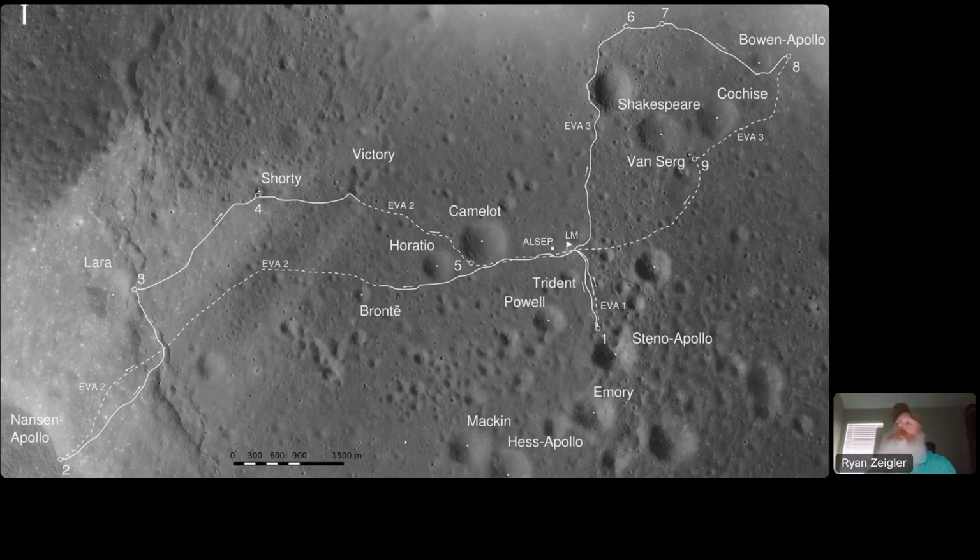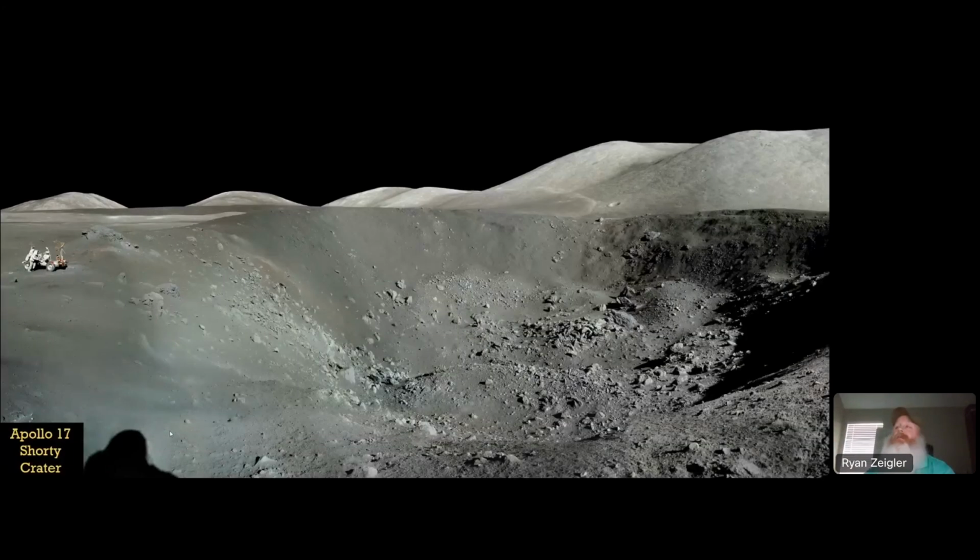But what this shows is the traverses of the Apollo astronauts on the 3 different EVAs, and it shows the different materials. They're out on the valley floor on the basalts, and then they come over to the South Massif and the landslide deposit, and they go up to the North Massif, and you've got the boulders that are rolling down the hill. Each one of these numbers, where their primary sampling locations are, has its own detailed geologic story.